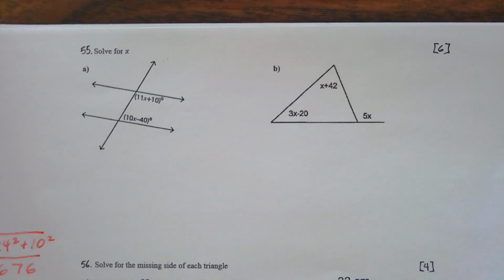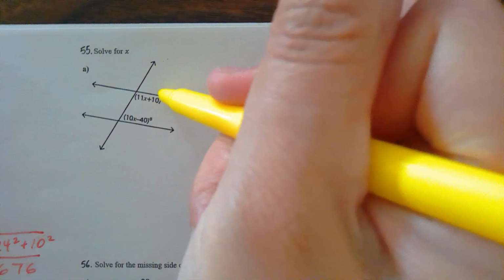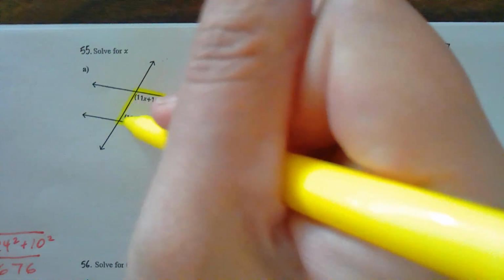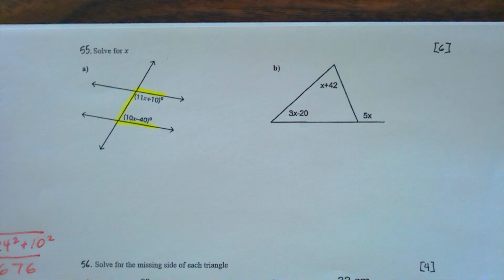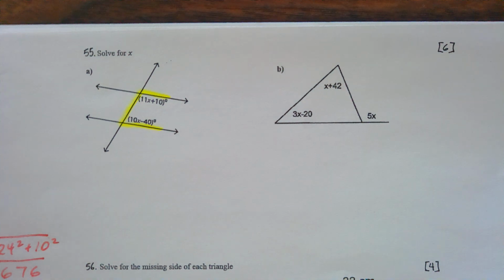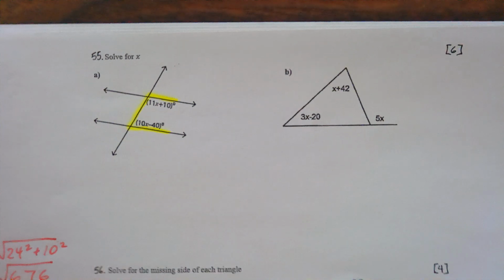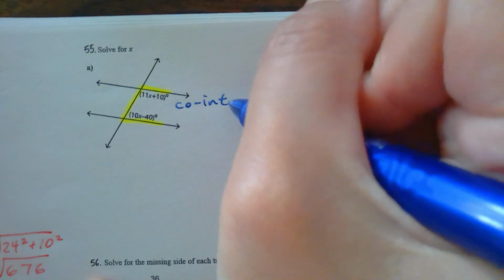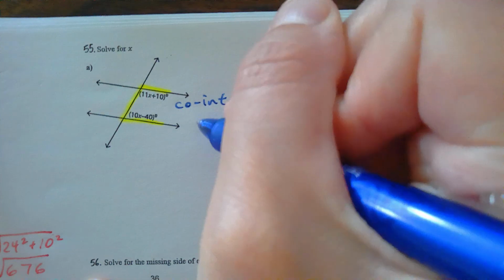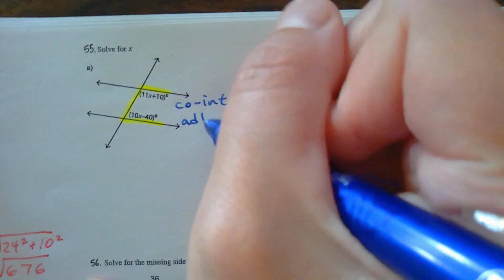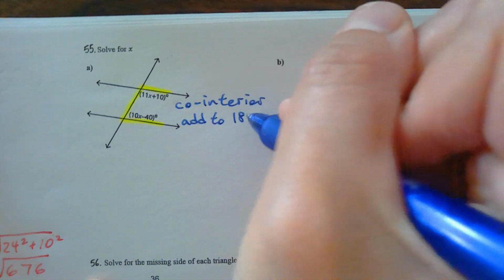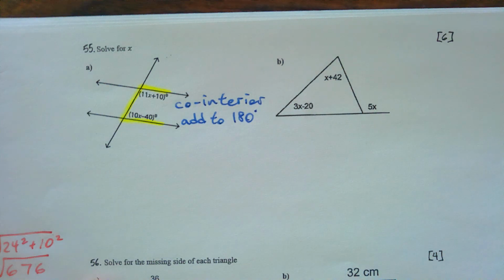And number 55, angles. What's the relationship between those two angles? Perfect. Co-interior, the C pattern. So what does that mean? Good job. Co-interior, which means they add to 180 degrees. Okay, so